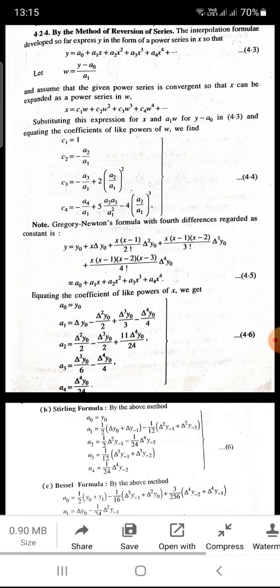And let w is equal to (y minus a0) upon a1. And assume that the given power series is convergent so that x can be expanded as a power series in w. x is equal to c1 w plus c2 w square plus c3 w cube plus c4 w4 and so on. Now substituting this expression for x and a1w for y minus a0